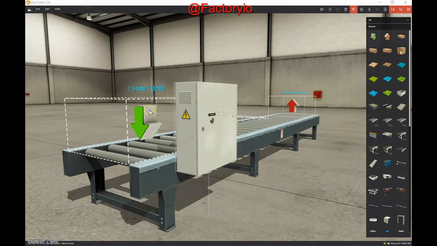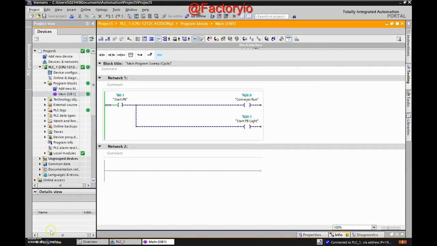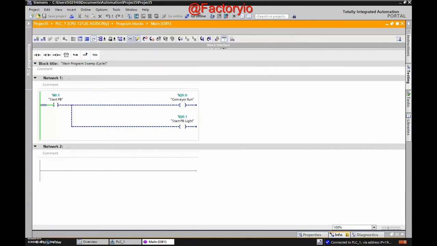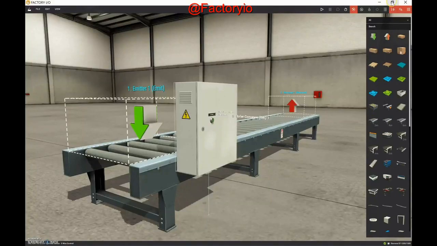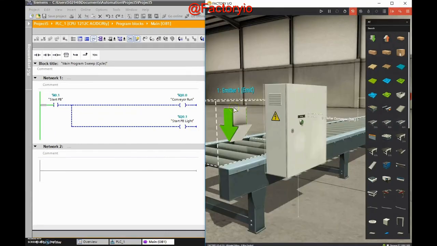Let's see our TIA Portal, see if that's working. Okay, looks good. Again, we have orange on the top and we've got green for our logic continuity. Let's make this a little bit smaller and we'll split the screen with this. There we go. Okay, and if we put this into the run mode,